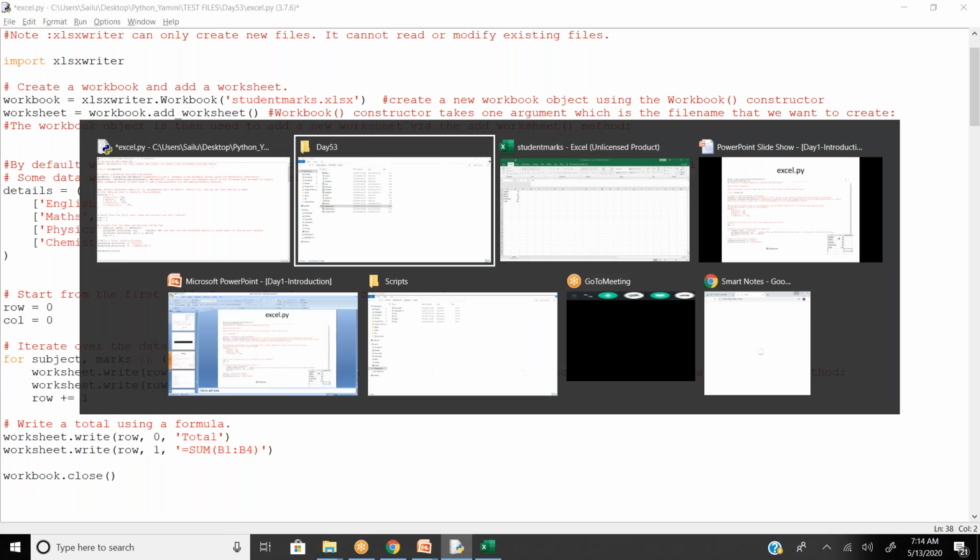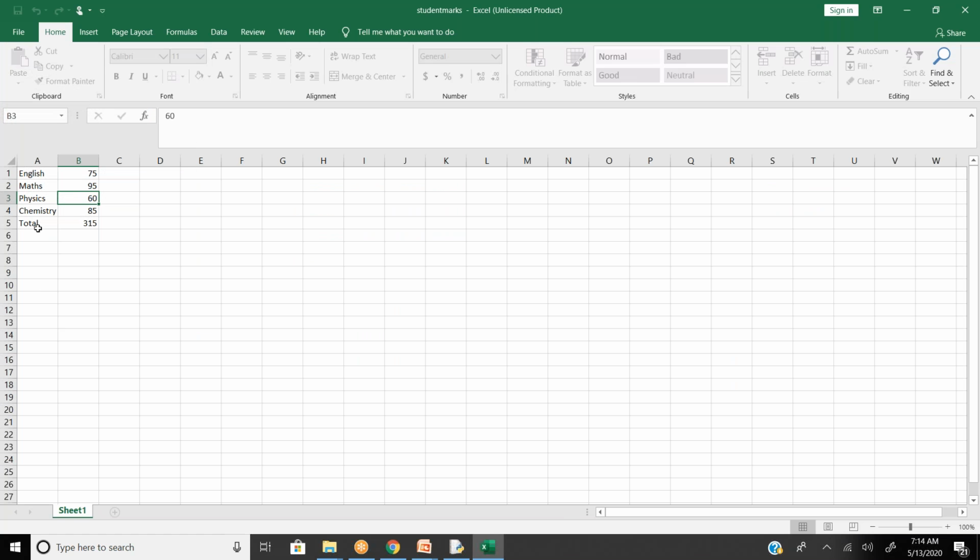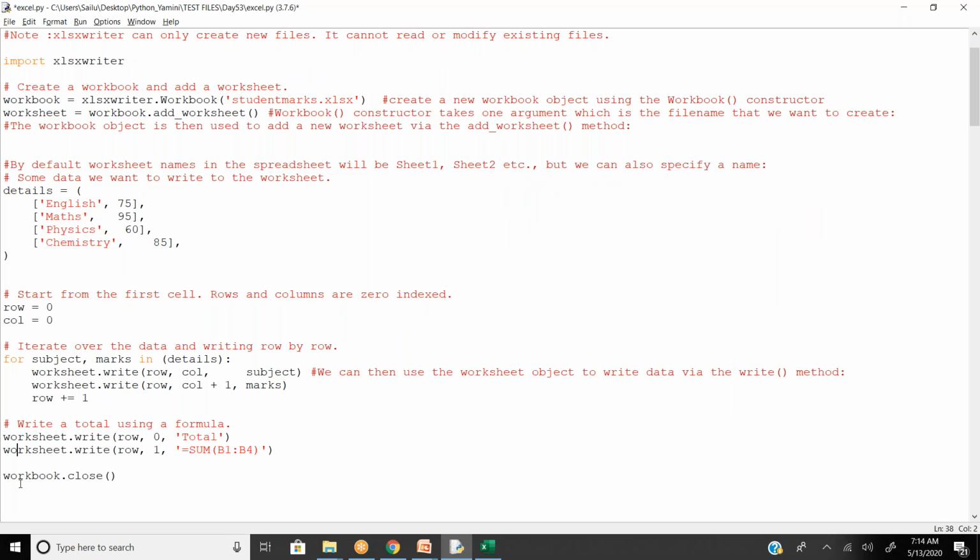Now, finally, I need to update my total value. If I want to update my total value, I need to give a heading like grand total or total. So worksheet dot write, and once you complete your for loop, your row number will be something, maybe 5th or 6th.